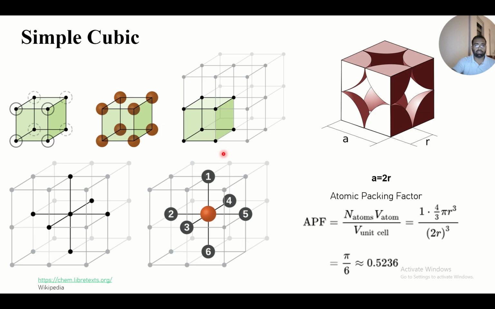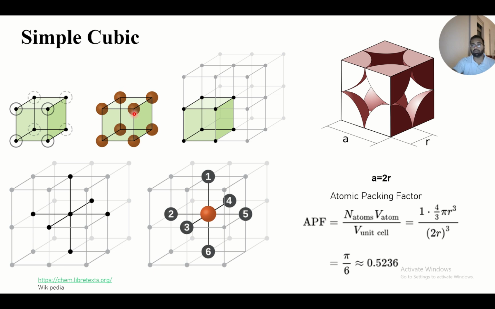And further, you can see the coordination number. So let's say we want to calculate the coordination number for this atom. Here you can see this one is the nearest one, and then this one, and then these three are nearest ones. But this is the diagonal, and the distance along this diagonal is far away. The case is the same for this also. So if you think of only one building block or one unit cell, you will have three